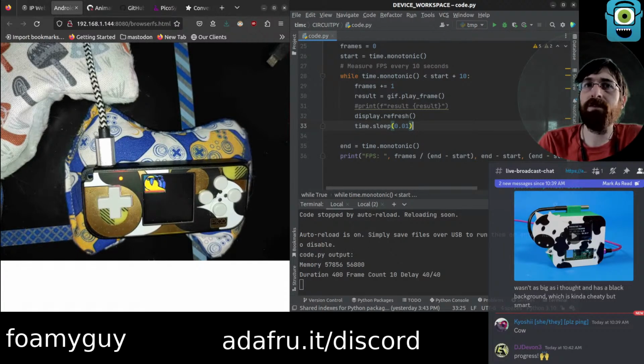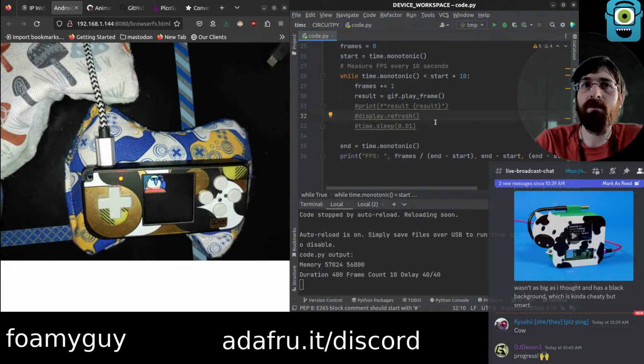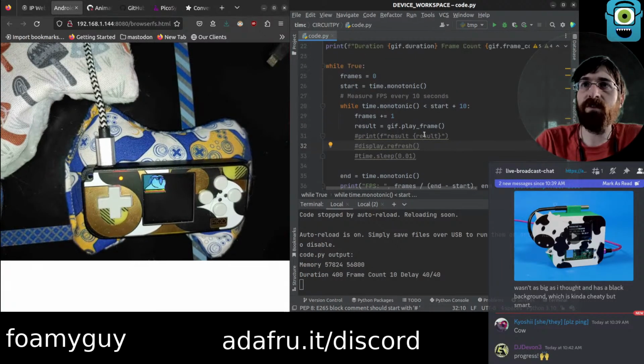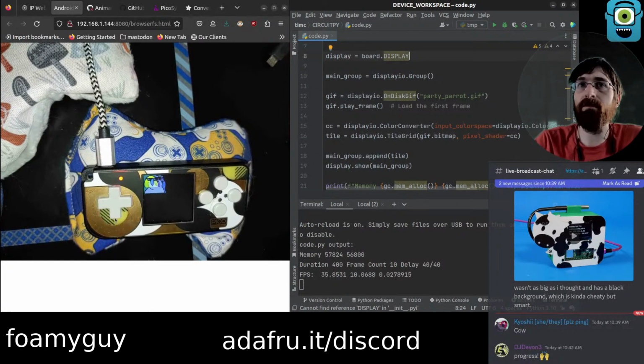Be curious if this does anything, not really. What happens if we take this out? I think our problem is that auto refresh is on, maybe. Well, one of them. That's super fast right there, though. That's a good sign. I mean, that definitely makes it look like it could go plenty fast.